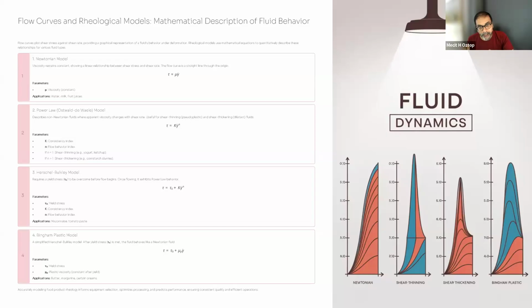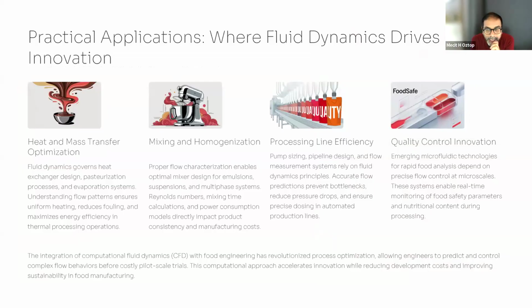Because later on, once we have a flow MR image, we are going to be utilizing these equations so that we are going to obtain the parameters. We're going to obtain the viscosity, K, or N values. Well, okay, and some other practical